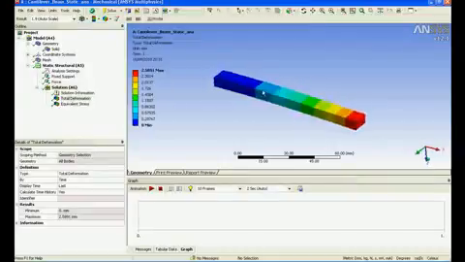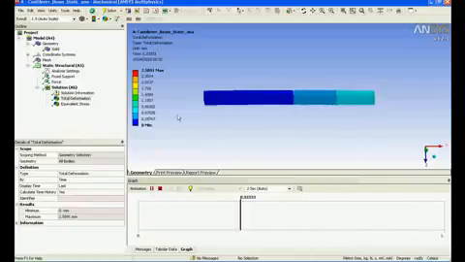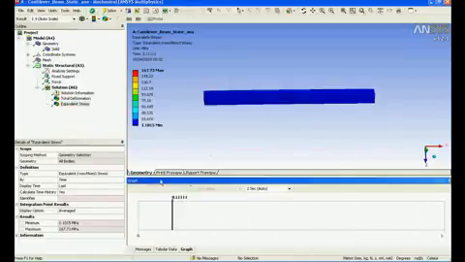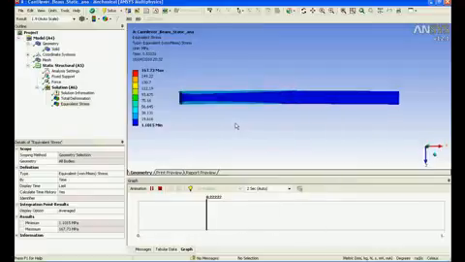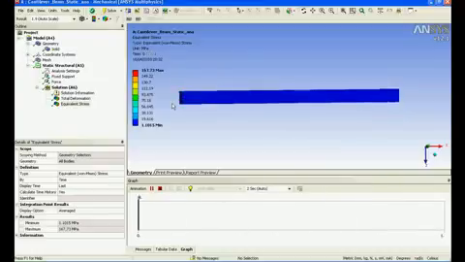And it's done. So you have a tick mark now. That means there is no error. Solution has been done. So you can see the animation of the equivalent stress. You could see here, and as usual, the cantilever's central plane says there is neither expansion nor contraction. It's assumed, but it's not always so.